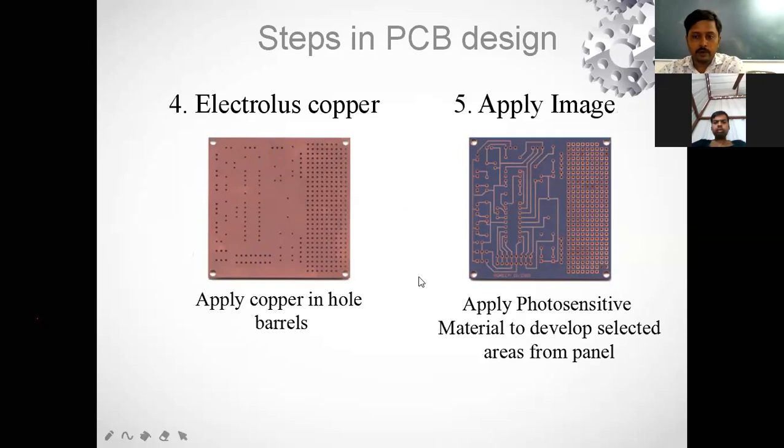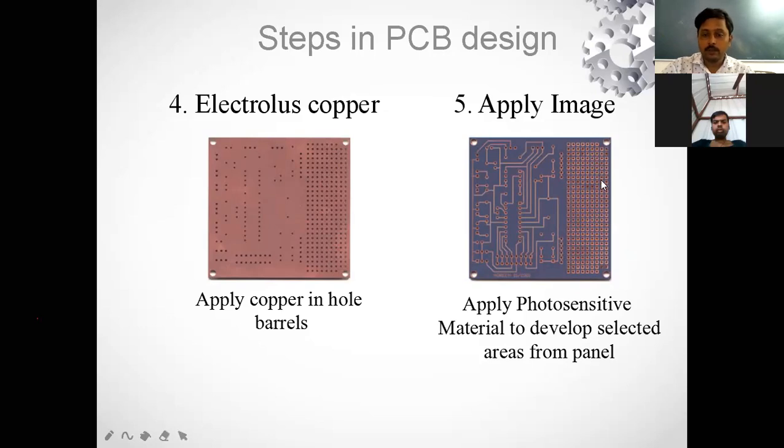If you remember, there were films, cameras, Kodak cameras like that. They were using negatives and developing photos, and we used to get printing from different sources, right? If you remember that, the same principle is applied here. A photosensitive material is used to develop the selected area on the panel.